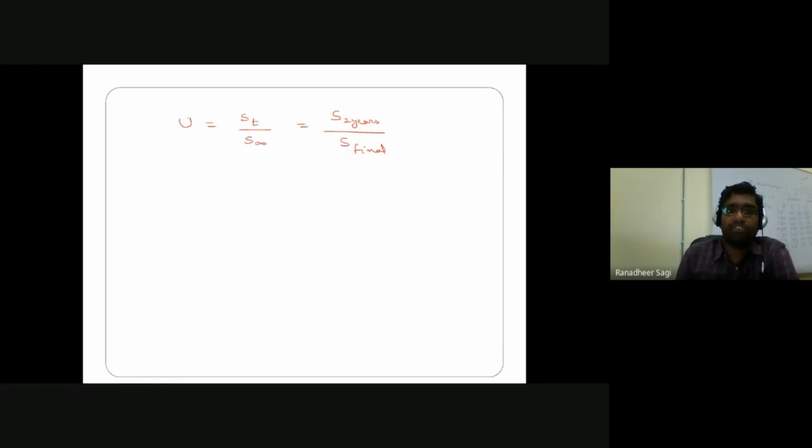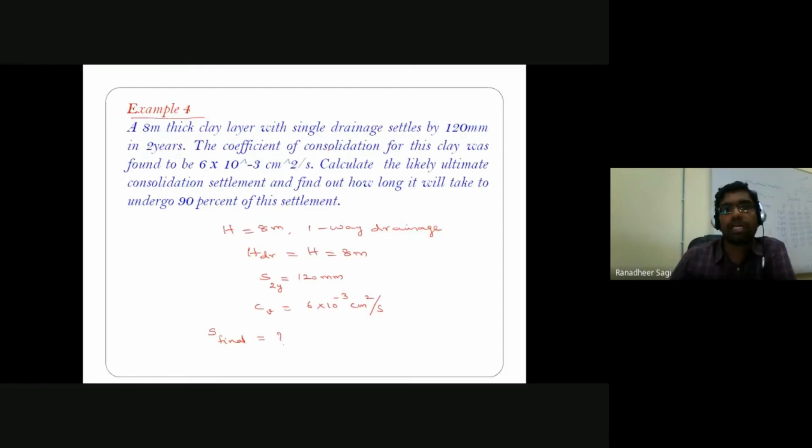Okay, so if in case, I repeat, if in case I know how much is the degree of consolidation that I have for that particular soil for a duration of 2 years. Okay, so for this duration of 2 years, if I can correspondingly understand how much degree of consolidation is achieved in that particular soil, then once your U value is known, I can go ahead in calculating your final settlement that your soil is going to have, which has got an 8 meter thickness. If I am correct, yeah, it is an 8 meter thickness soil layer.